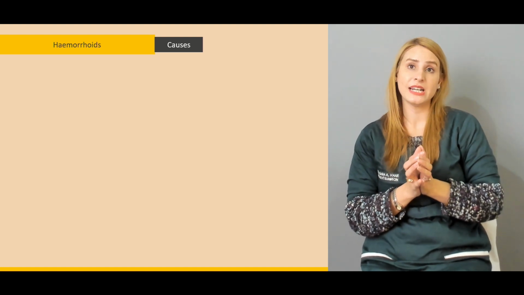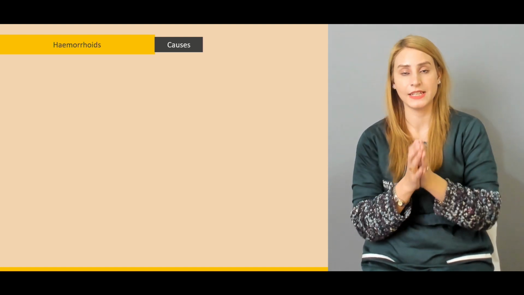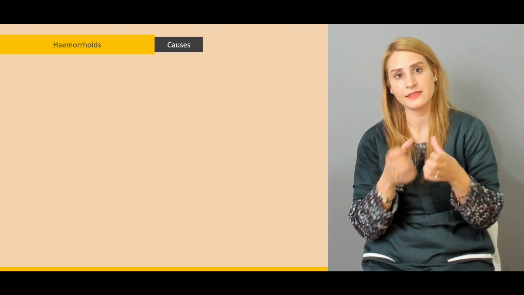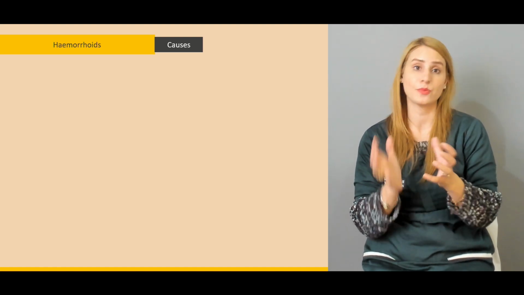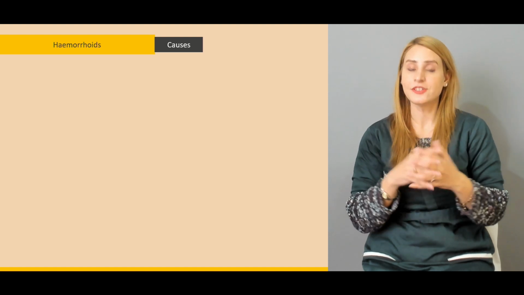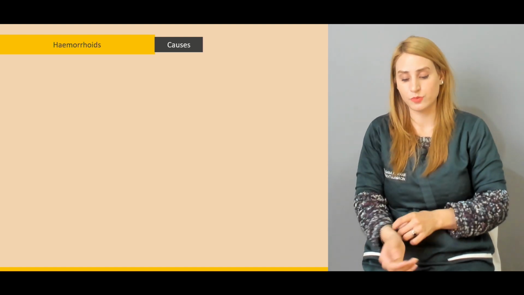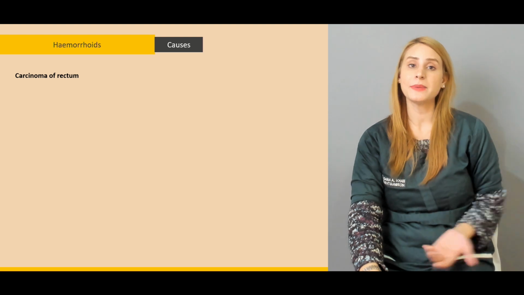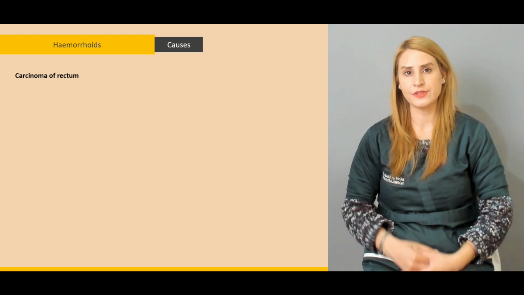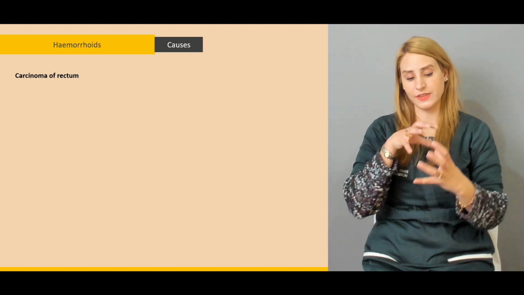Okay, so they are actually the dilatation of the anastomotic sites which are present between the portal and the systemic circulation, and it's because of the portal hypertension. Now, if we talk about the other important causes, there can be carcinoma of the rectum, because if there is